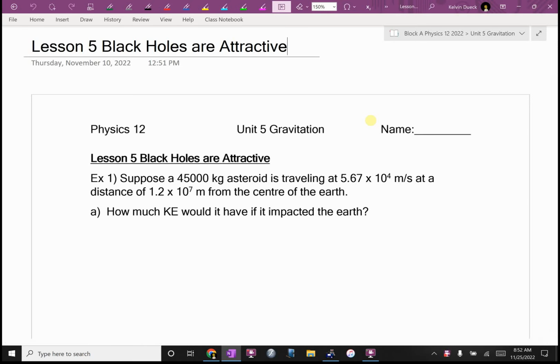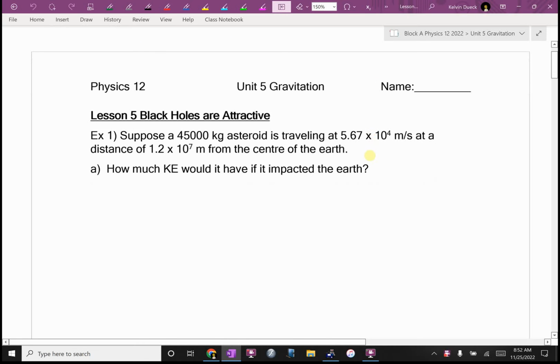Funny. Okay. What we want to look at are two interesting space phenomena. The first one does affect us: asteroid impacts. There have been many in our history, at least one massive one that wiped out most of life on the Earth. So, suppose a 45,000 kilogram asteroid, not very big, is traveling at 5.67 times 10 to the 4th meters per second at a distance of 1.2 times 10 to the 7th meters from the center of the